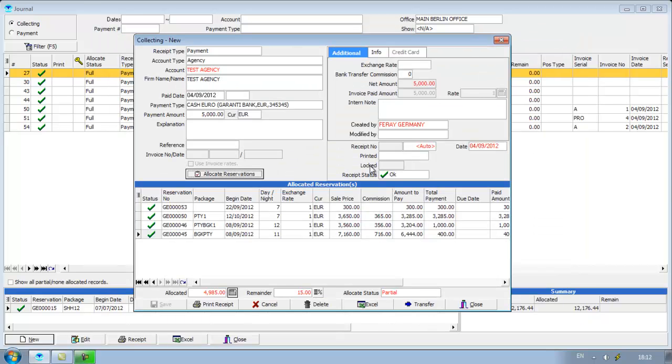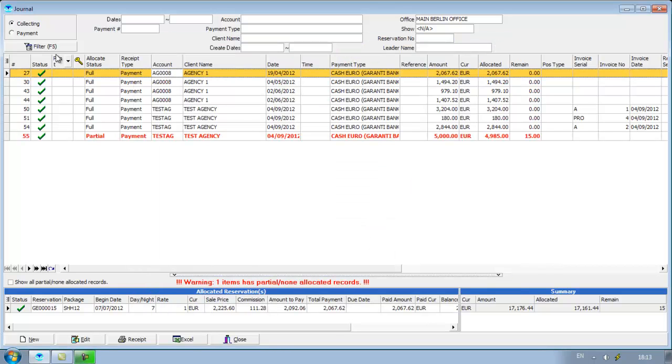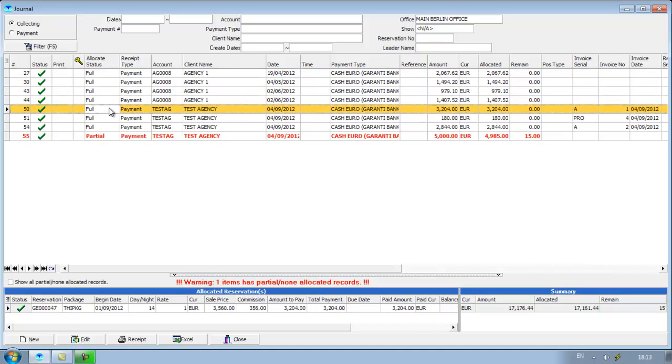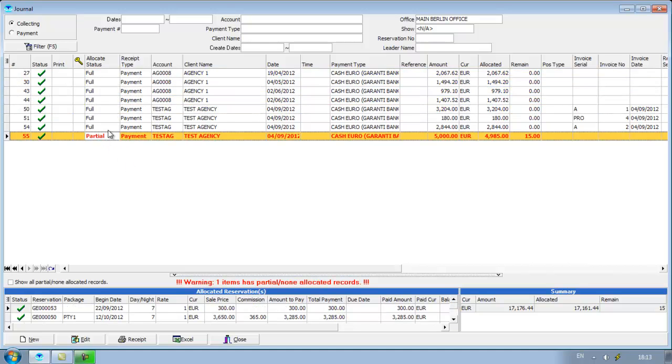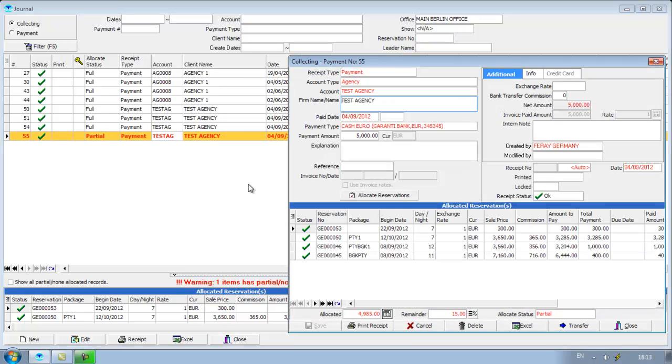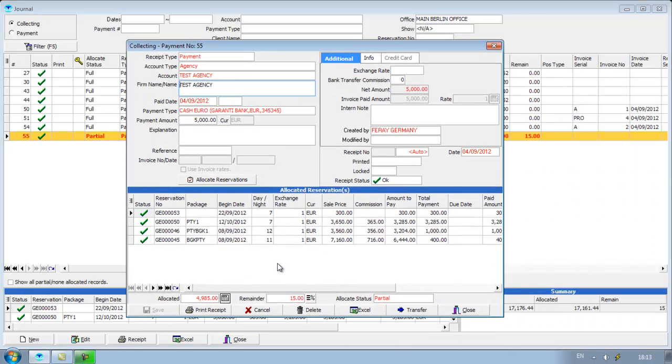If I close it, here I see all the reservation that already paid with this amount, allocated amount and the remaining amount, and system will show me that my payment has partial allocated status because I didn't use 50 euro for the payment. I can use it for the next reservation, for example, when this agency will done